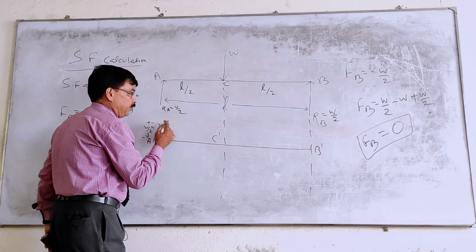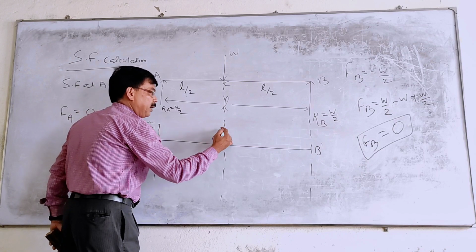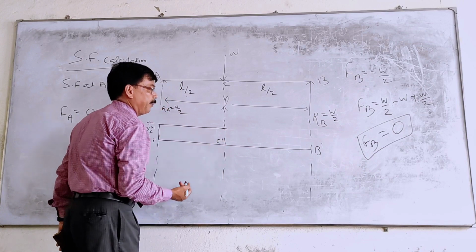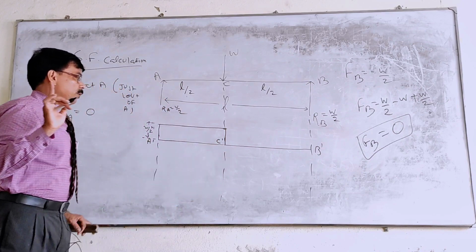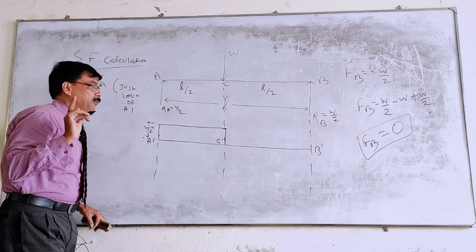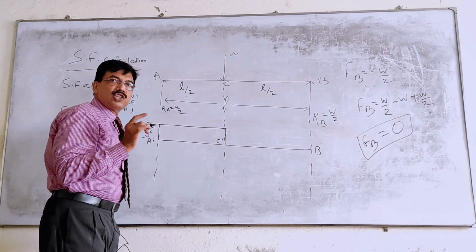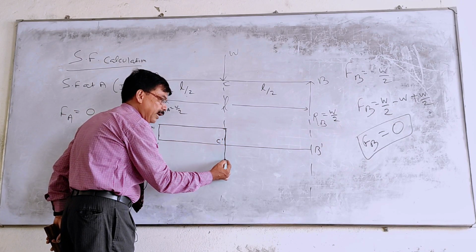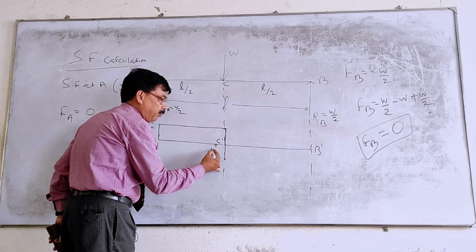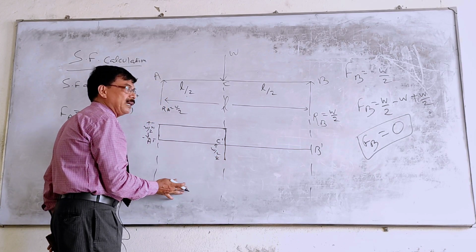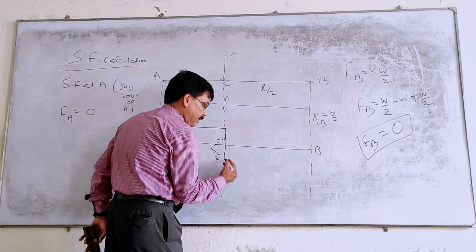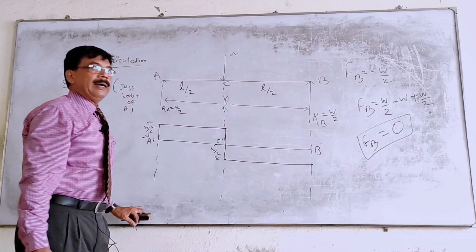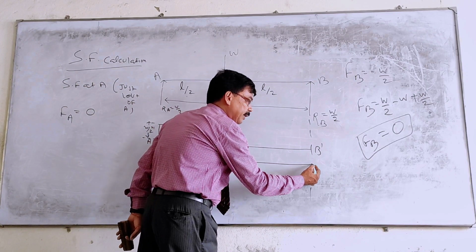Left of C is the same, positive, so mark the same distance here and join using a scale. This is right of A, W by 2. Left of C, the same W by 2. But right of C is minus W by 2: from the baseline 0 it comes back the same value but negative. So this value is negative W by 2, so right of C is negative. Again left of B is the same value, same mark. And right of B is again 0, which means it comes back to the baseline.